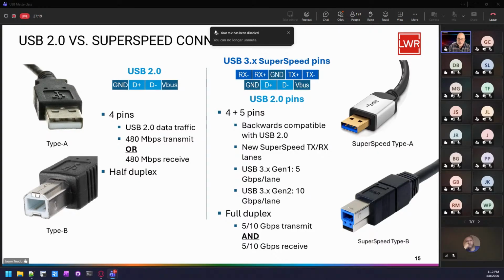How do you achieve that speed? Well, you've got to have enough pins. If you've got enough pins, you can get the speed across. This is the slide where we really want to emphasize the difference between the half duplex communication required for USB 2 and the full duplex communication that is necessary for USB 3. It's a big difference. 480 megabits on 2 pins, or up to 10 gigabits and 20 gigabits per second, and